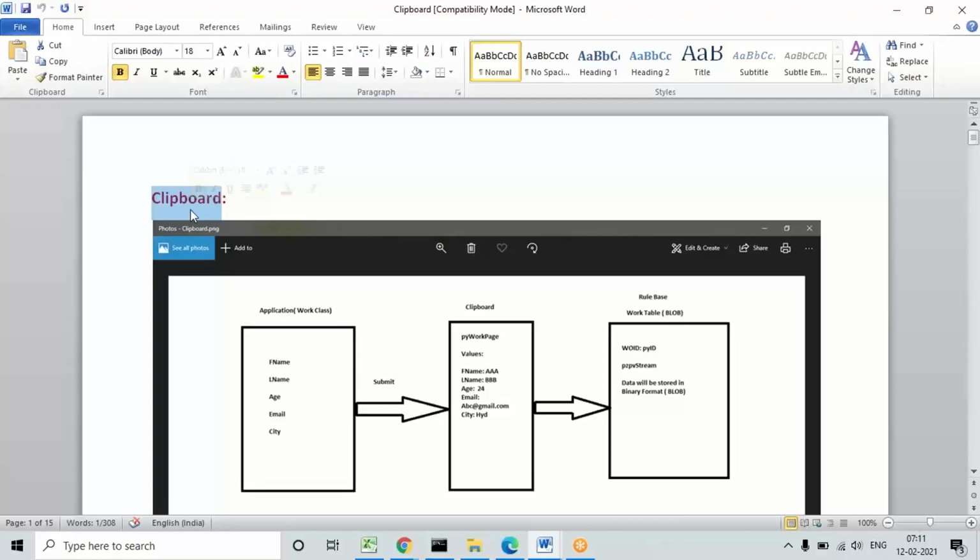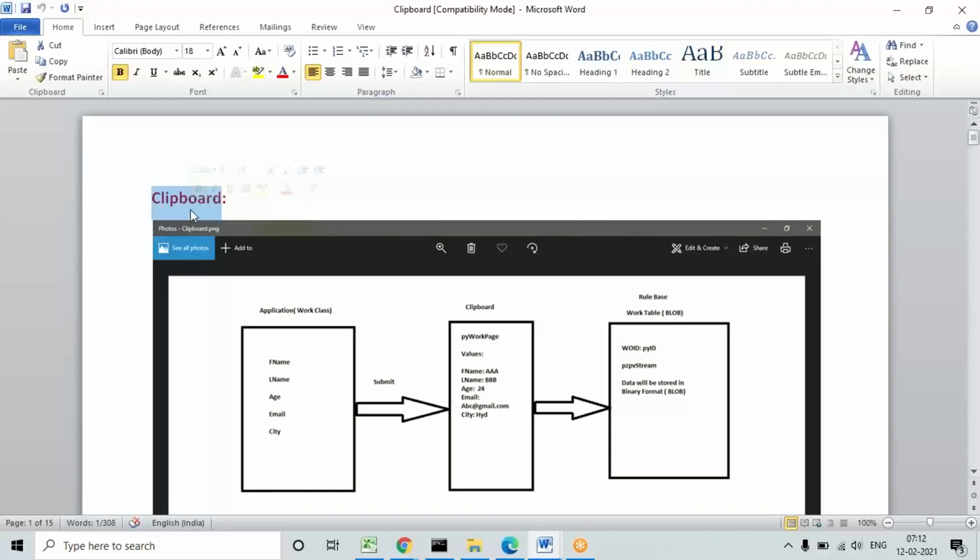Any mapping we do, with work, data and integration, these three classes, any connection between them, work to data and data to work, work to integration or integration to work, data to integration or integration to data, the data will pass through the clipboard only. The clipboard is the main interface in Pega, and any data going out or coming in passes through it.